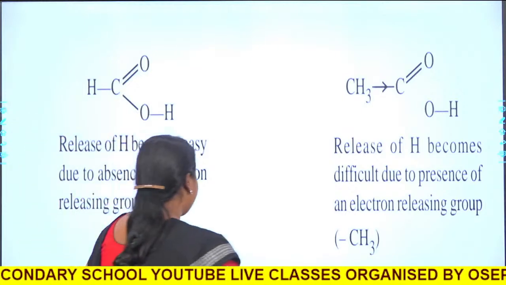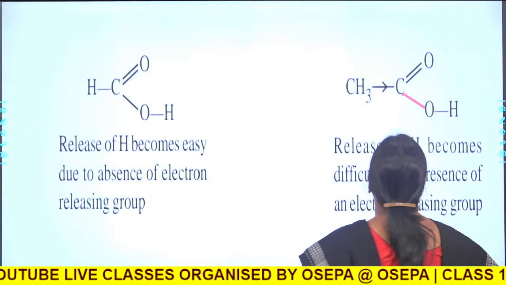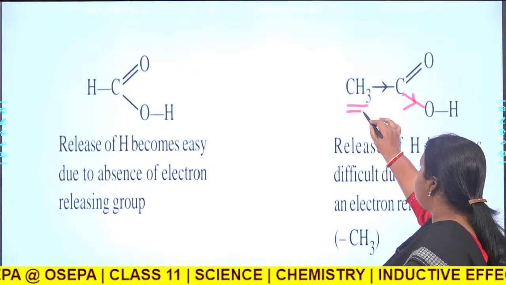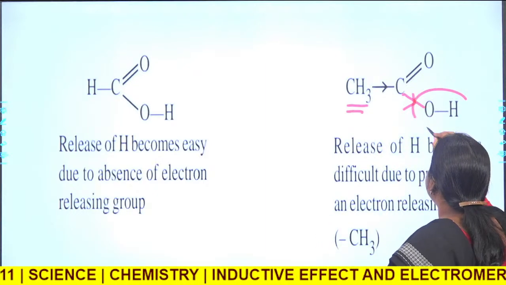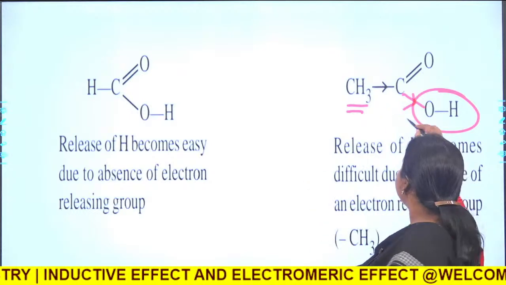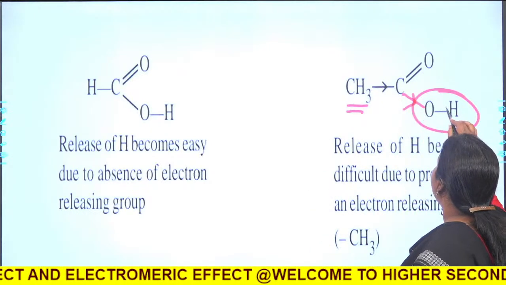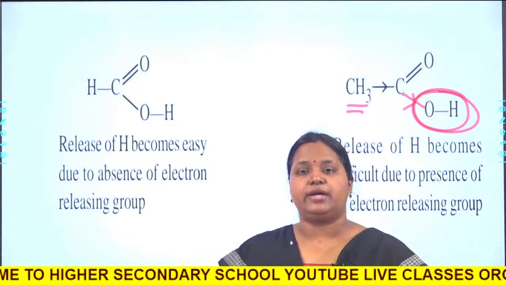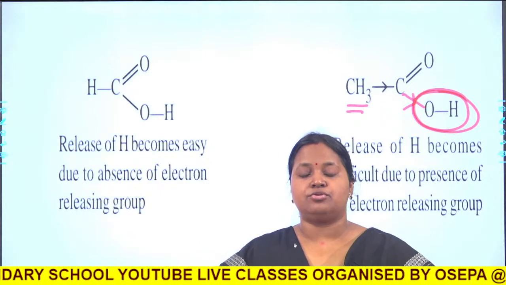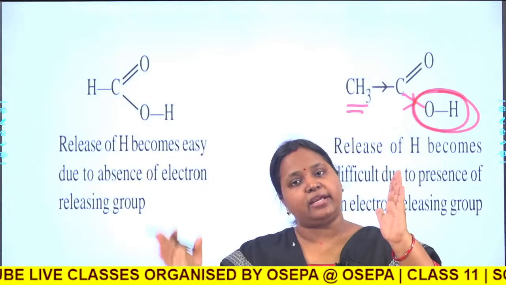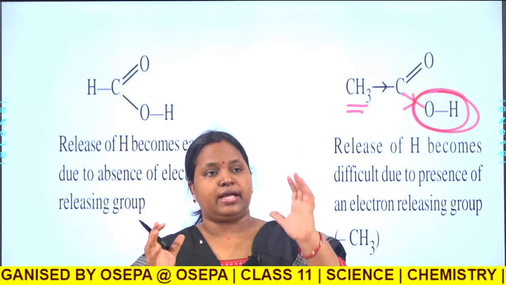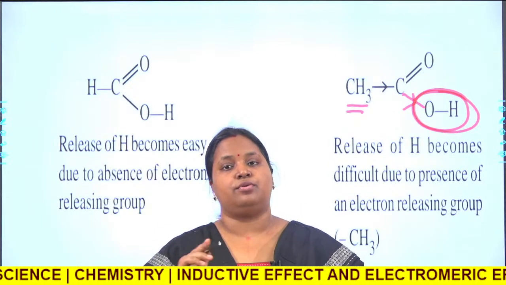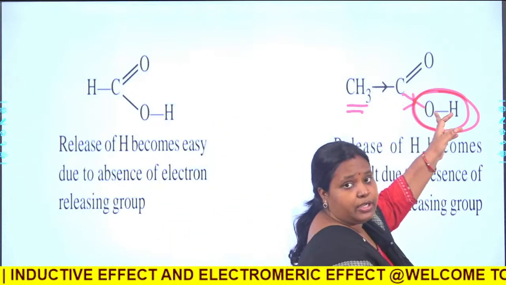Let us see here. So methyl groups are electron donating. So they will donate electron. As a result of the donation by the methyl group, the electron density will increase in the OH bond. The electron shifts through the bond, so the electron density in the bond between oxygen and hydrogen gradually keeps increasing. But we want the oxygen to release the hydrogen. So if the electron density increases between oxygen and hydrogen, will it be easier for hydrogen to leave the oxygen? No, because if the electron density increases, it will be difficult for hydrogen